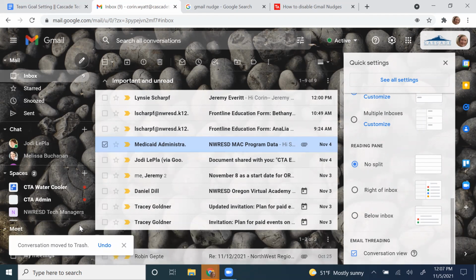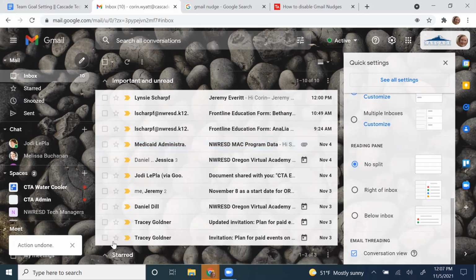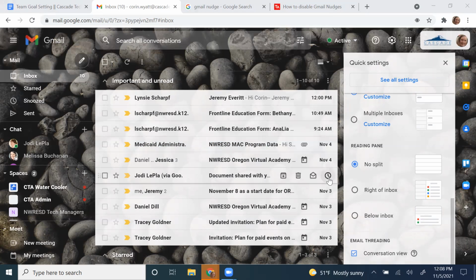And then I don't know what I just moved into the trash, but I accidentally clicked. So you would read your inbox to the left, and then on the right, there would be a reading pane where you'd actually see the content of the message, or you can have a reading pane below your inbox. So those are all different ways to visually see your email, whatever's most convenient for you.